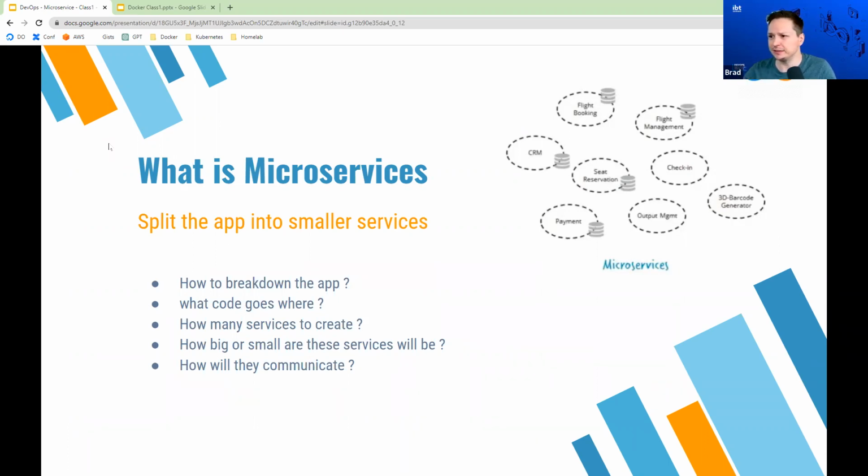We can see it's our same flight booking application, but instead of everything being in the same code base and a single binary, we have all these different little microservices. You can see we have microservices for the flight booking, the flight management, the seat reservation, check-in. All these different components are managed separately as microservices.